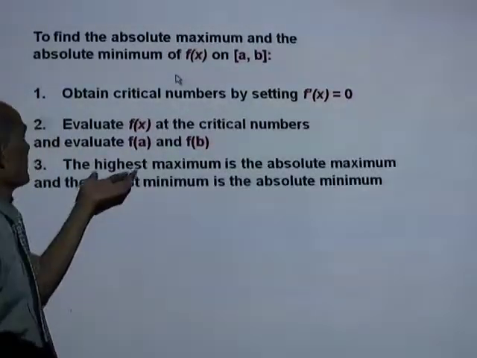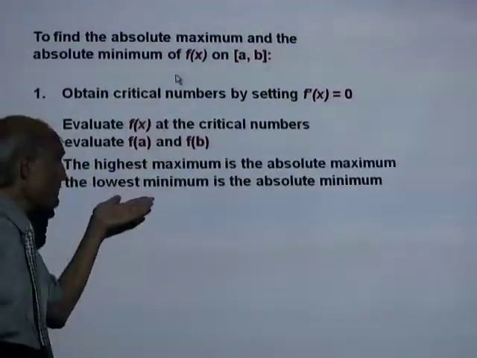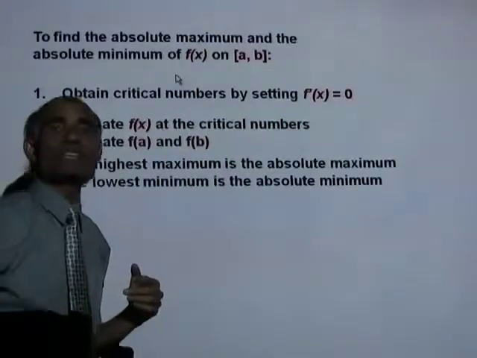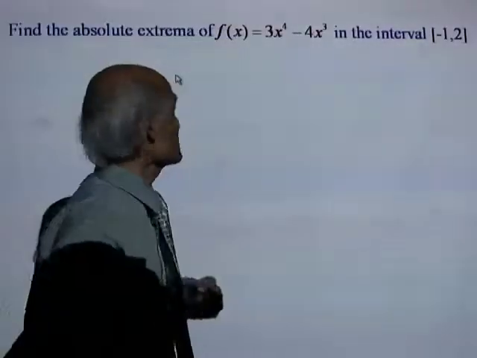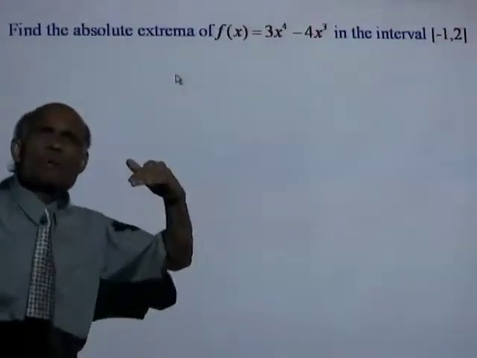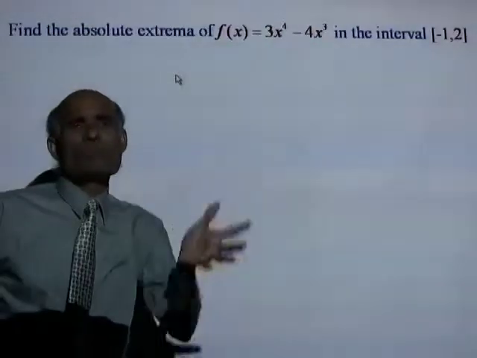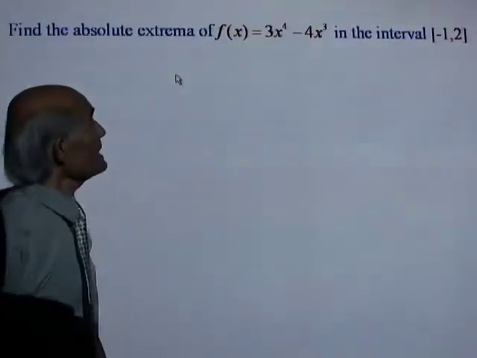Now, the highest maximum is then the absolute maximum, and the lowest minimum is the absolute minimum. All right? Let's practice it with an example. Find the absolute extrema. Well, extrema simply means maximum or minimum of f of x equal to 3x to the